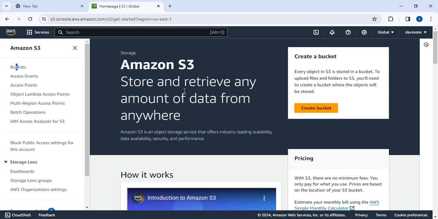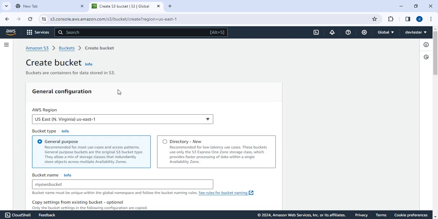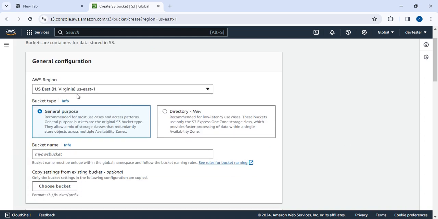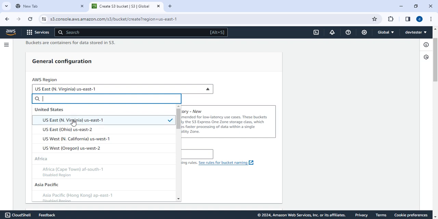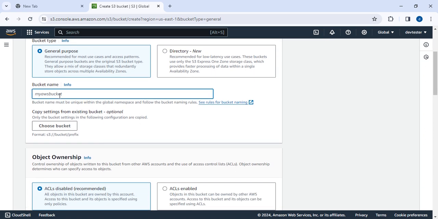I open the S3 console page, and I don't have any buckets right now. Please have a look. First of all, I am going to create the source bucket. In which region? US East, Northern Virginia. My bucket name is